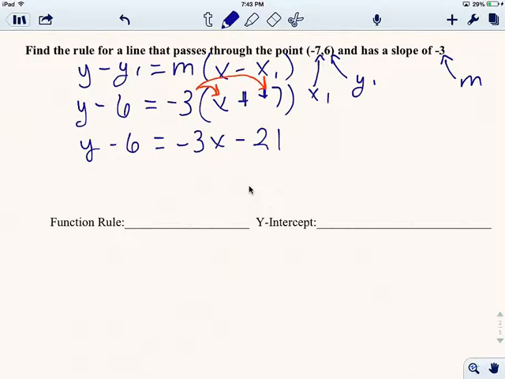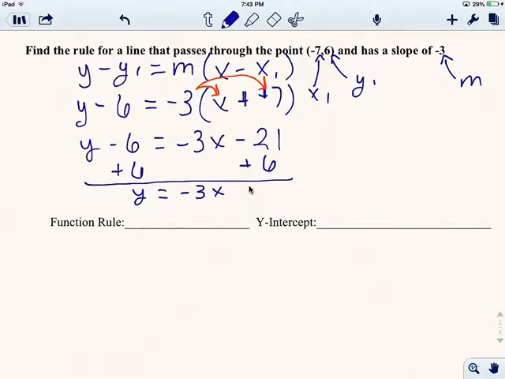Okay, so now we're really close. I just need to get y by itself over there. In order to do that, I need to undo this -6. Now remember, this -6, it's a negative, so to undo it, I have to do the opposite, which is add 6, or add a +6. I'm going to do the same thing to both sides, and what I'm going to end up with is y equals